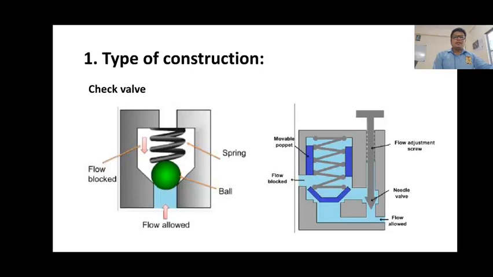These valves can wear out or they can develop cracks after prolonged usage, and therefore they are mostly made of plastics for easy repair and replacement. The check valve is designed for a specific cracking pressure, which is the minimum upstream pressure at which the valve operates. The ball is held against the valve seat by the spring force, and it can be observed from the figure that fluid flow is not possible from the spring side, but fluid flow from the opposite side can pass by lifting the ball against the spring.